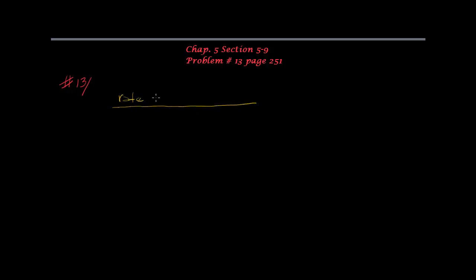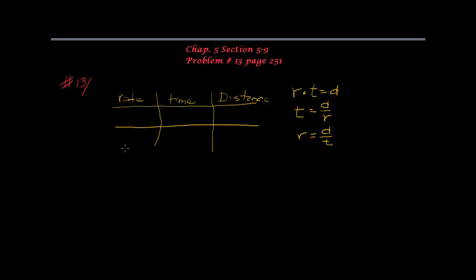And the equation, of course, is rate times time is equal to the distance in this chart. That also means that time is equal to, if you do the division here, the distance over the rate. It also means that the rate is equal to the distance over time. So you can move all those things around. So in this problem we have